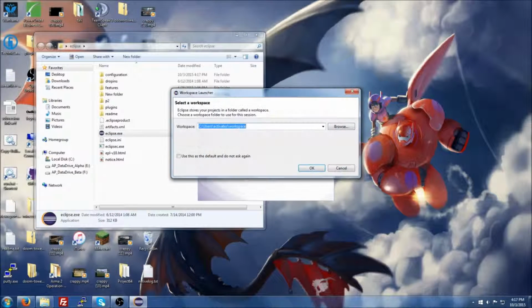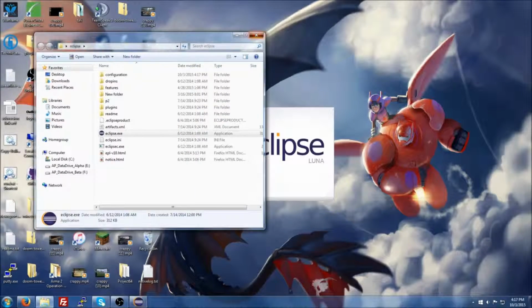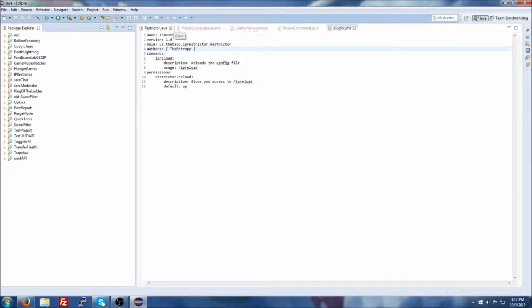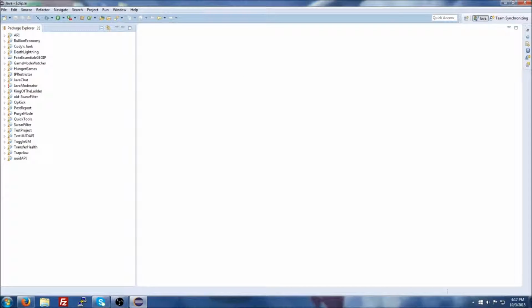It'll go ahead and give you a default workspace. I like to use that, so I just click OK and it'll get itself up and running once it loads. Just go ahead, and if you magically already had some projects done, you can just go ahead and close those out. Alright, so in order to get this project started, we need to make sure we have all of our